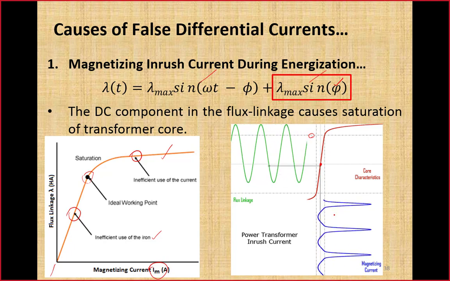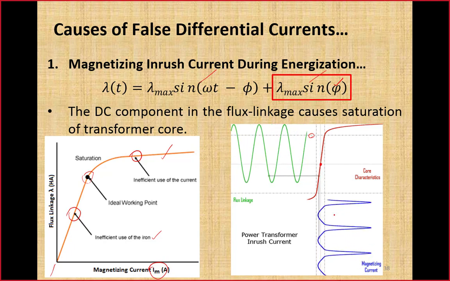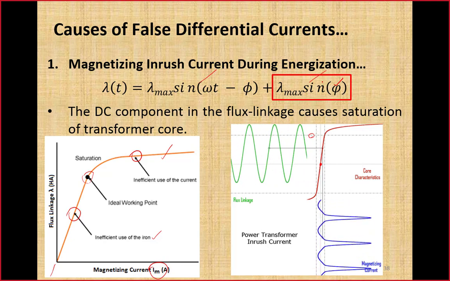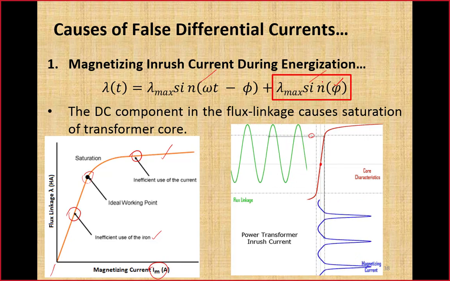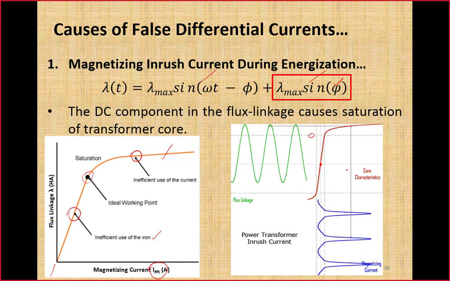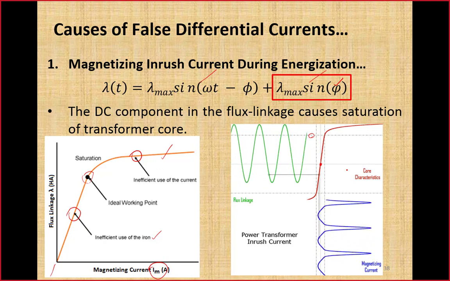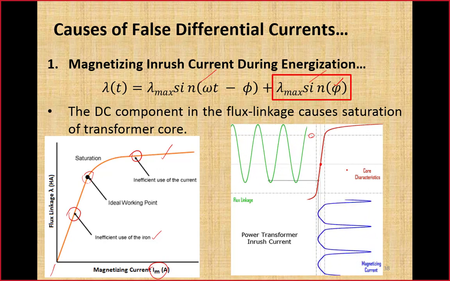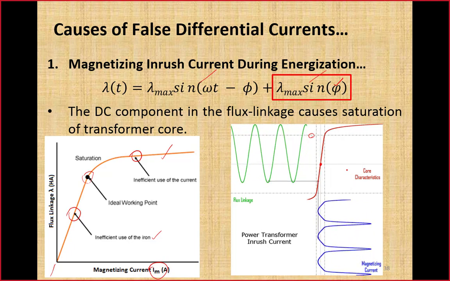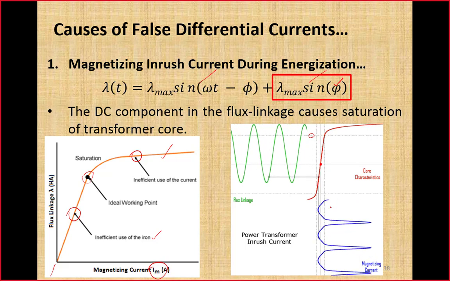And why will these high peaks appear? Because the transformer core has moved into the saturation region in the positive direction due to DC offset in the flux. That DC offset also exists in the current as well. You can see here this current has been moved in one direction. I hope you have got this idea. If the same saturation occurs in negative cycles, then you will see the positive cycle current will be normal and these peaks will appear in the negative direction.